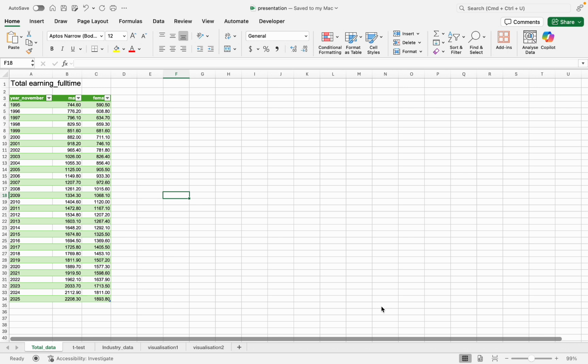The second type is the two sample t-test. This compares the means of two separate groups. For instance, if we want to test whether the average earnings of workers in Sydney are different from those in Melbourne. The last one is the paired test. This compares two related groups measured in pairs. For example, when we want to test the benefits of a new diet pill, we can compare the before data and after the pill data for some patients.